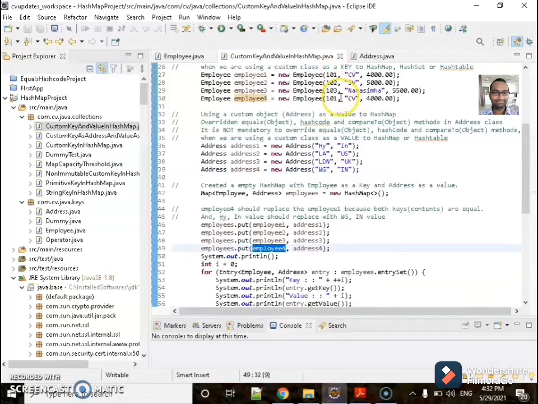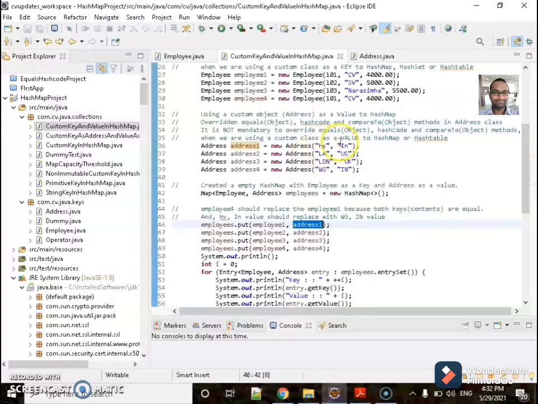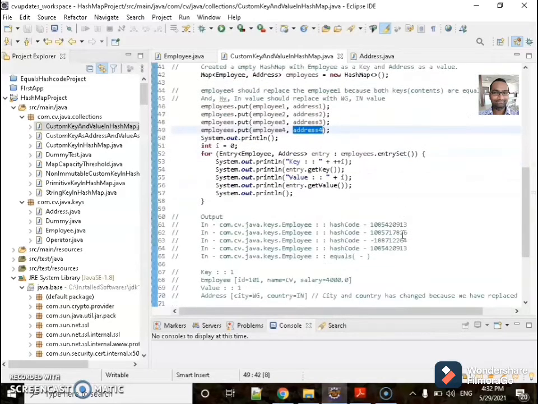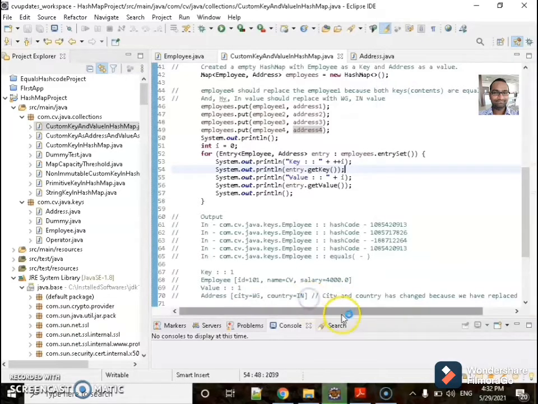Employee 1 and employee 4 are the same. In this case, what is expected is that the address 1 value should be replaced with address 4. This output we should expect from this program. Let's try to execute this program. Right clicking on the program, run as Java application.